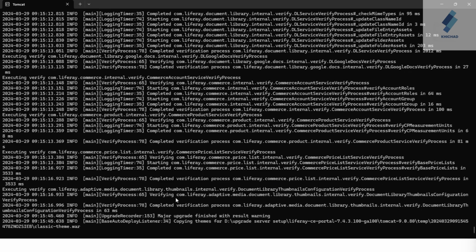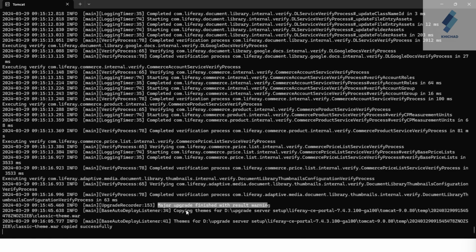After the server starts, you can see the major upgrade finished with a warning. If the server is successfully upgraded from the older to the new version, the server will start and the upgrade process will commence, and you can check the logs.